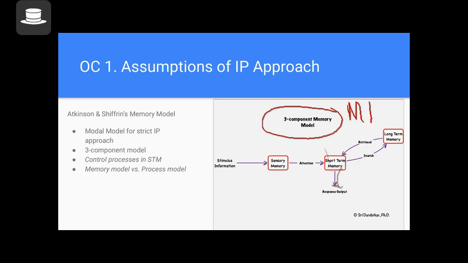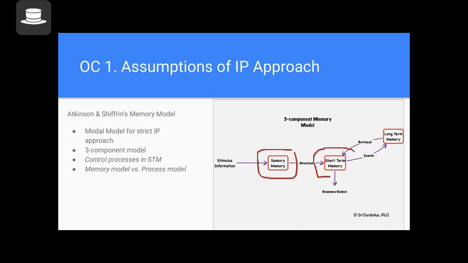And there is another term here called process model. Now the difference between a memory model, again, we're talking about the same Atkinson-Shiffrin's memory model, but in order to test a model, we convert a memory model into a process model. Now if you look at this particular point here, the memory structures are represented as boxes. In a memory model, that's how typically they are. And the arrow marks, not always, but usually represent the processes,